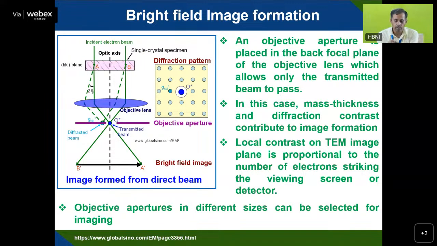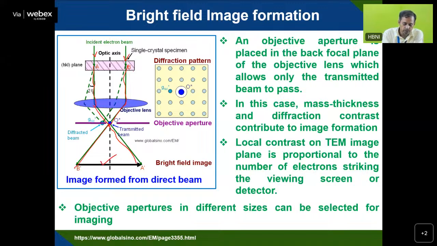First we will come to bright field image formation. You can see here, this is the optical axis, and then the sample is here, the HKL plane AB. The incident beam is coming here. This incident beam is coming directly, this is the direct beam, and then you have a spot here. You can see the meeting here. This is the diffracted beam, the diffracted plane is here, and the transmitted beam is passing through,